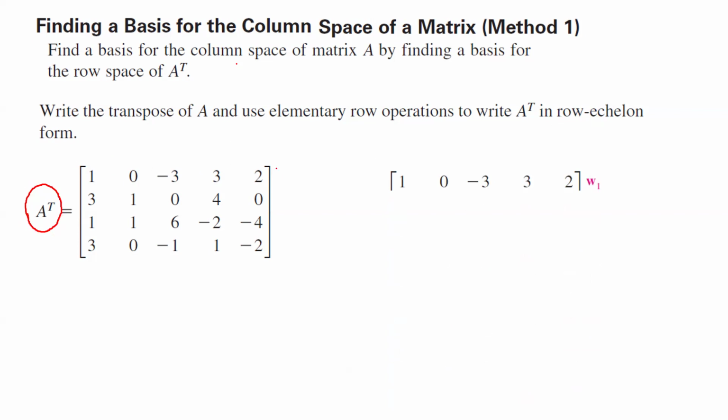We can multiply the first row by -3, add it to the second row, multiply the first row by -1, and add it to the third row, multiply the first row by -3, and add it to the last row, and continue the process. It becomes 1, 0, -3, 3, 2, the first non-zero vector, 0, 1, 9, -5, -6,